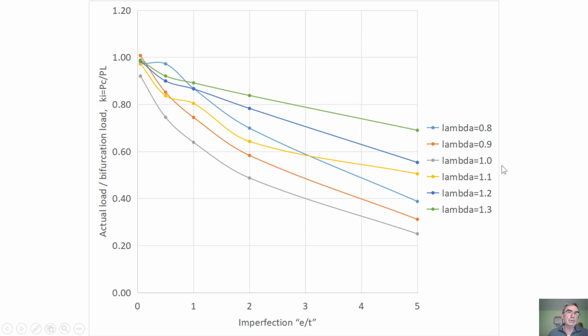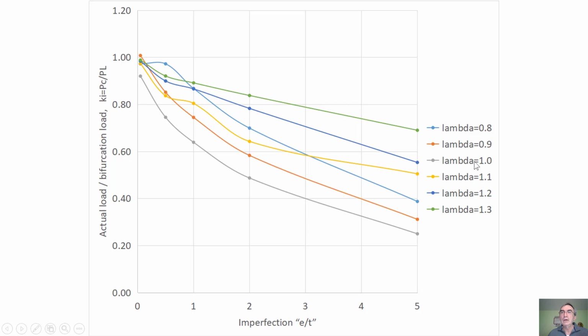Now to show you the power of the simulation, I can do many imperfections, E over T, which I put on this axis. And I can do many slendernesses from short to long columns, or not slender to slender columns, really. I plot this and normalize so that everything should go to 1. If you see it here, the lower curve is gray, and that corresponds to lambda equal to 1 because that's the critical length, and the critical length is the one that has more interaction. So I expect to have 1, but as soon as I have any imperfection, this is going to drop, and it drops very fast.